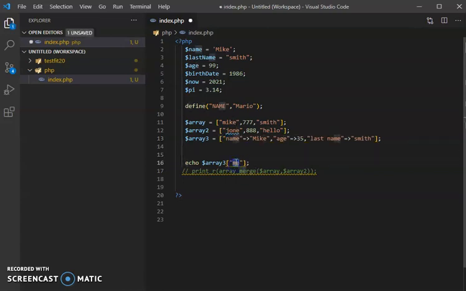So it will be name. Now if I want to put, for example, a name like this,